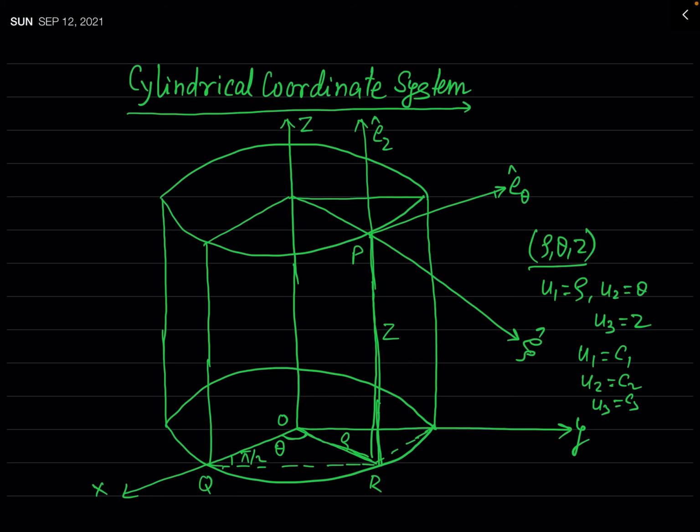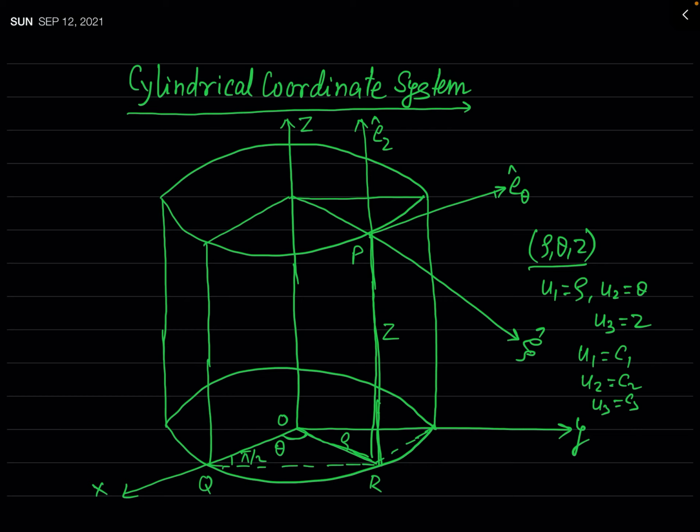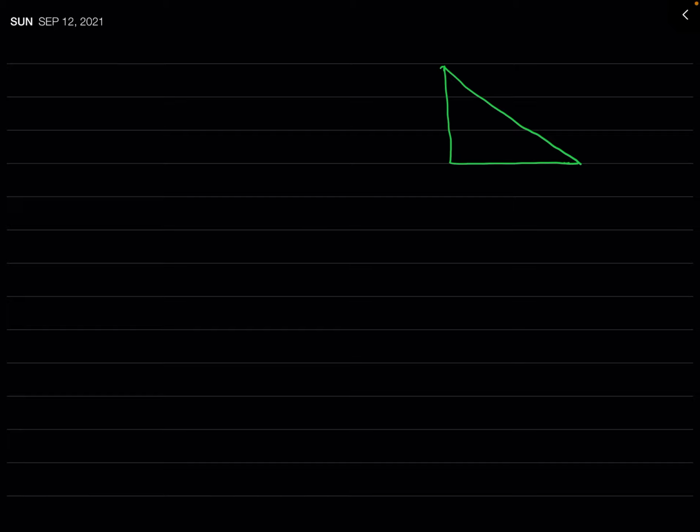So I am just drawing the same figure here, which will give you an impression of the actual situation. This is just a right angle triangle, and you can see the angle at the point Q is 90 degrees and that at O is theta. See this figure. This point is Q, this point is O, this angle is theta, this is pi by 2, and this point is R.